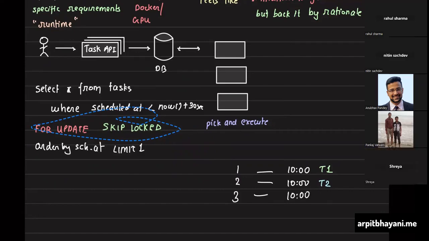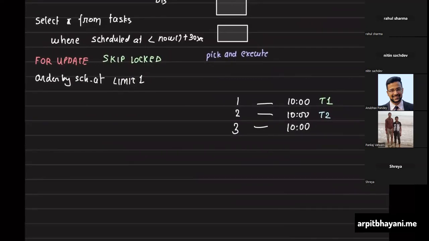Yeah, so now I think a particular machine can execute because it will get a unique transaction which it is trying to execute. So if it wants, it can execute that transaction and then put that status in progress or whatever. That is a solved problem now, right? Once you selected, then you would also write an update part over here: update tasks set status equal to something where ID is equal to something. This would be happening in a transaction, right? So that is a solved problem.